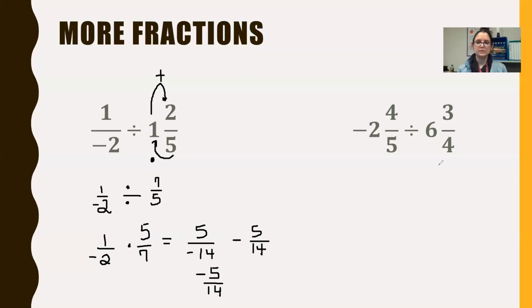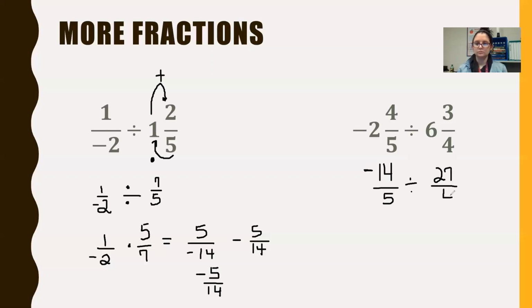Okay, one more example with fractions. So we have two mixed numbers. We'll have to change them both into improper fractions. We start with multiplying, then we add. So 5 times 2 is 10, plus 4 more is 14. We have 14 over 5. Keep the negative, I'm going to put it in the numerator, divided by 4 times 6 is 24, plus 3 more is 27